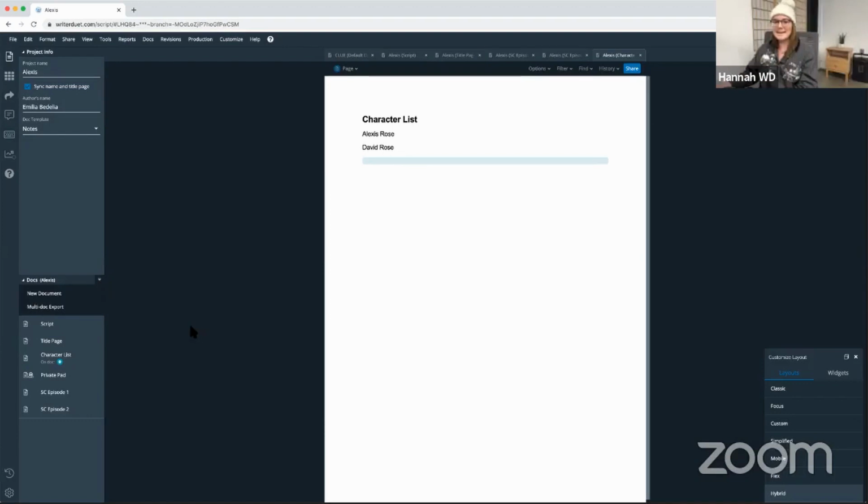Documents are the best. And as I mentioned before, in the comments of the live feed, I'll be posting different knowledge base articles. There is a really great one talking about the docs widget here and how it can be your best friend. So everything we talk about here, you can reference those knowledge base articles to help you as you're working along on your own show or whatever thing you happen to be writing,